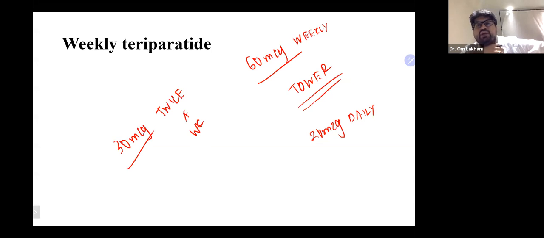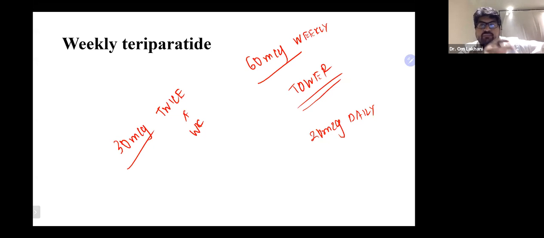So what we typically do in our practice, we start the patient on 60 microgram weekly. We have started doing this. And if the patient does complain of side effects, we switch to 30 microgram twice a week, instead of 60 microgram as a single dose. In certain patients, they are still not happy. So we switch to 20 microgram 3 times a week instead of 60 microgram daily. Of course, we don't have data to back the 20 microgram 3 times a week dose. But we monitor P1NP, and we do see a good response even with that dose.